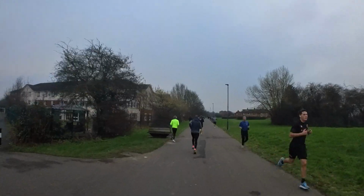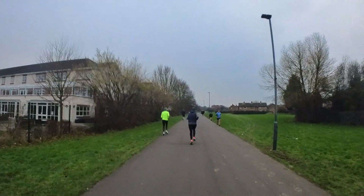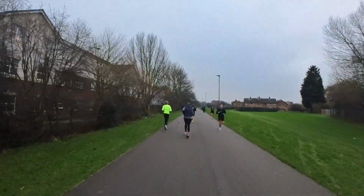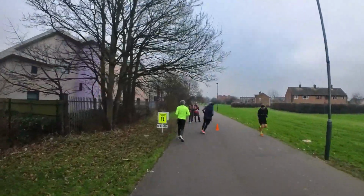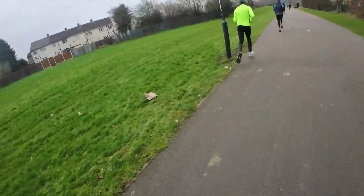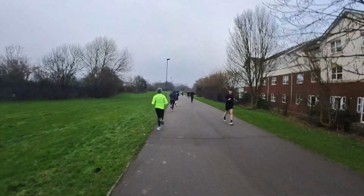So yes, in the most recent list of fastest UK parkruns, Alvaston came out at number 29. We do believe, a little bird has told me, that a new list is imminent, so do you think Alvaston will go up the charts, down the charts, or as you used to say on Top of the Pops, be a non-mover this time? And with beautiful symmetrical simplicity, the turnaround point is exactly at halfway,